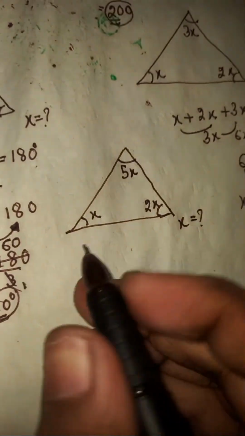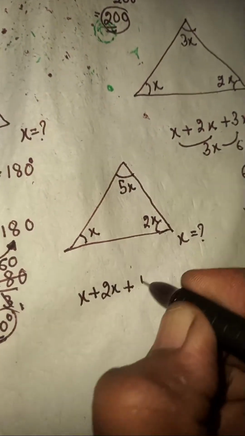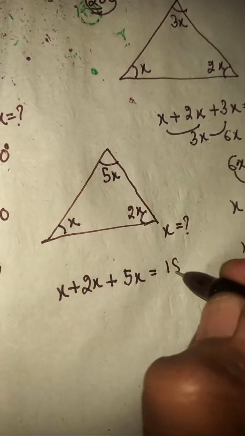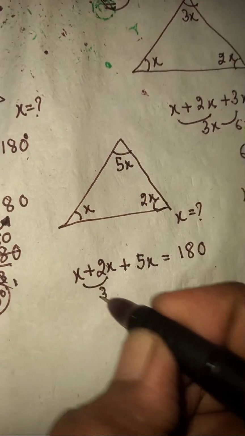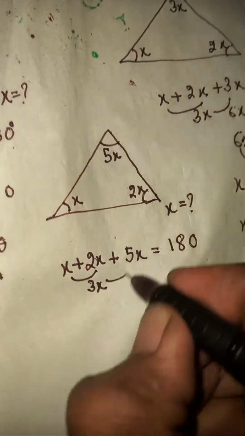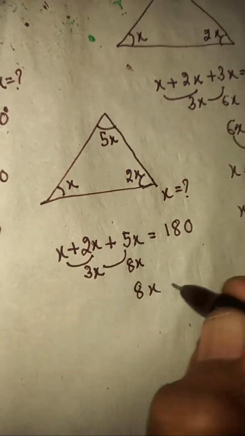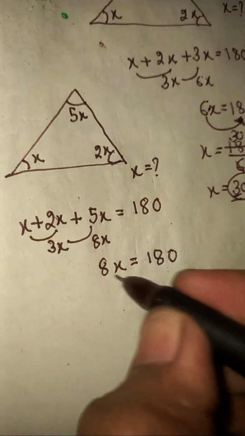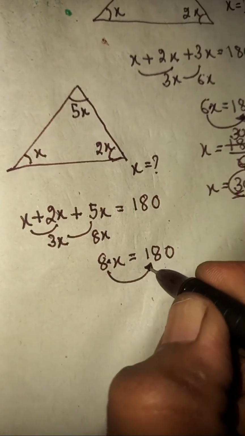You can do it easily, that is x plus 2x plus 5x. Add all three angles going to be equal to 180 degrees. When you add them, x plus 2x going to become 3x, and 3x plus 5x going to become 8x. So 8x equal to 180 degrees. When 8x is 180 degrees, it can be written as 8 times of x, and when this 8 moves here,